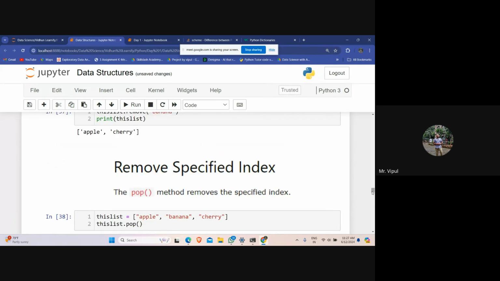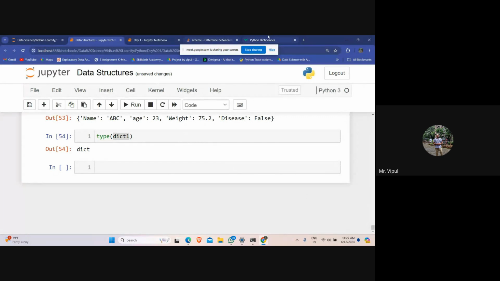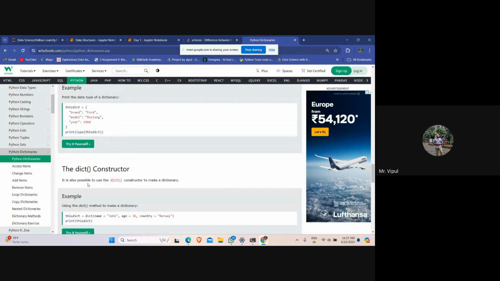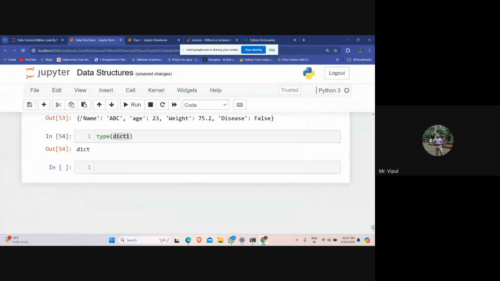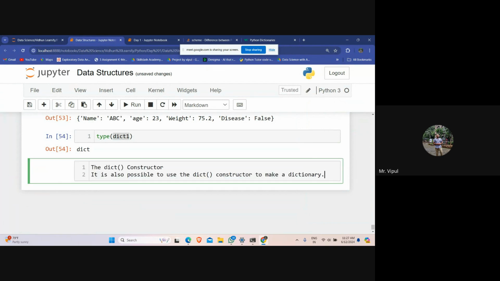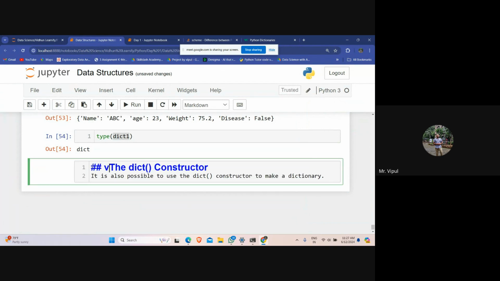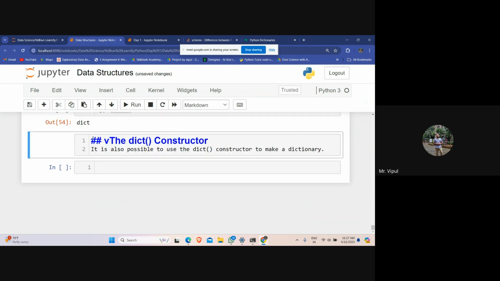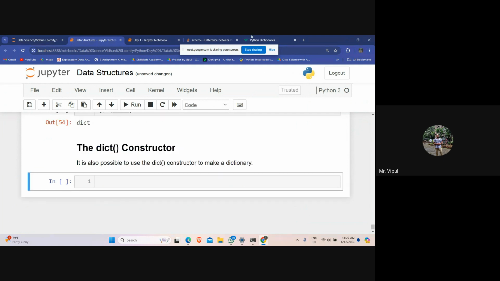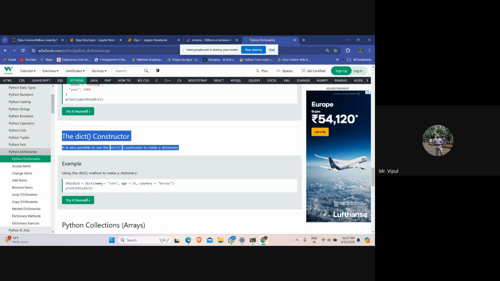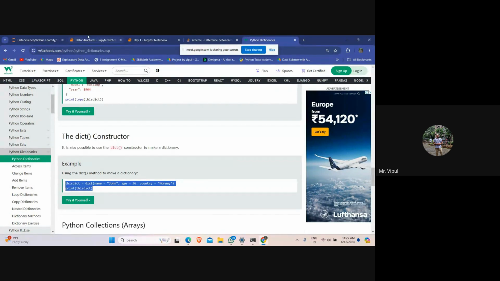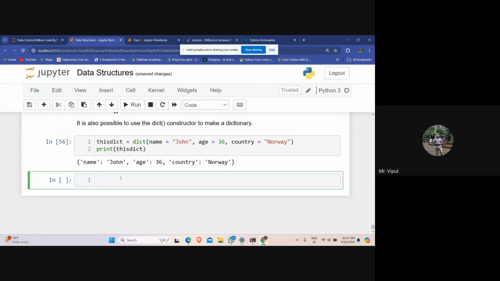Now just try this thing. In dictionary, we have seen this thing. Now we have the DICT constructor as well, similar to the list constructor that we have seen, right? So you can create a dictionary by using the DICT constructor like this. So this dictionary is equal to DICT, name is equal to John.